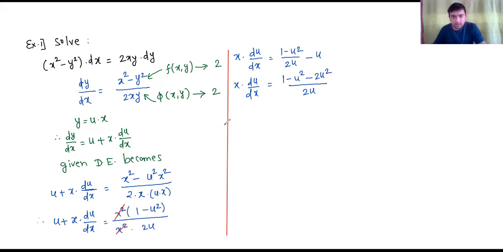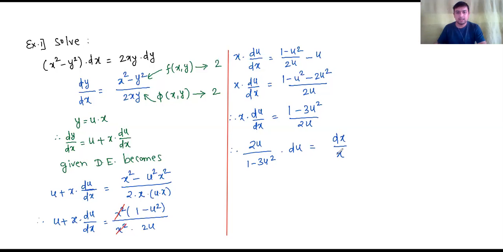ओके, तो क्या मिलेगा यहाँ पे? x into du upon dx which is equal to 1 minus 3u square upon 2. Now use variable separable. So 2u upon 1 minus 3u square into du which is equal to dx upon x. So now